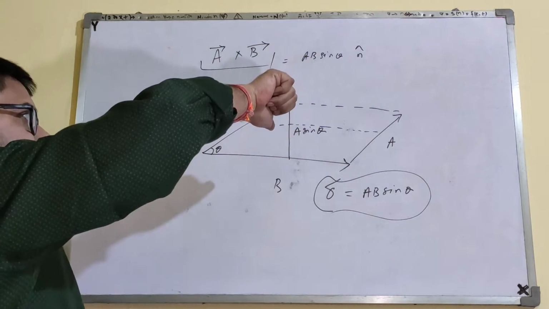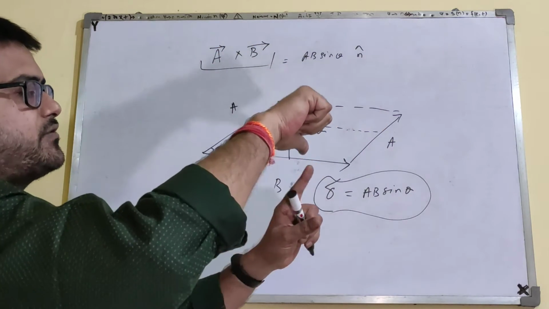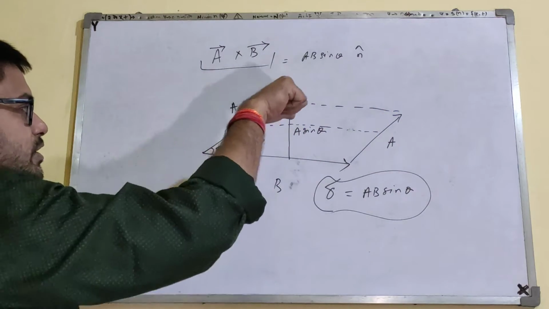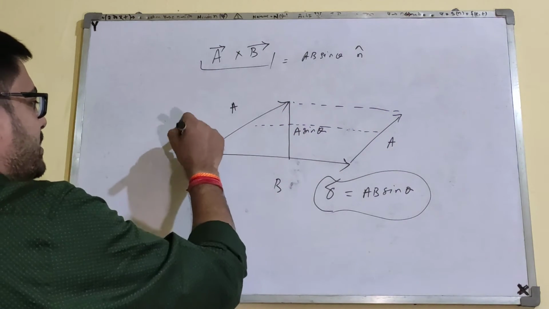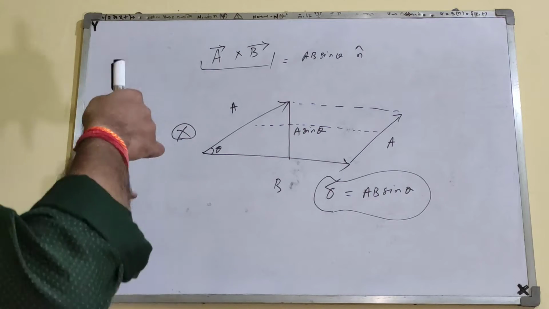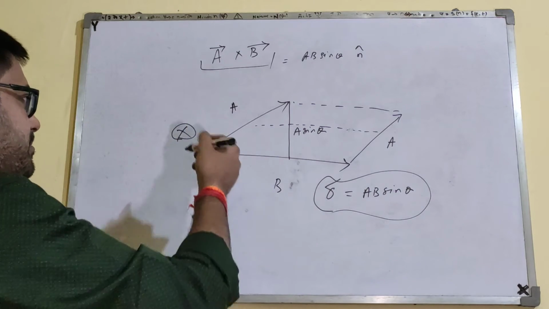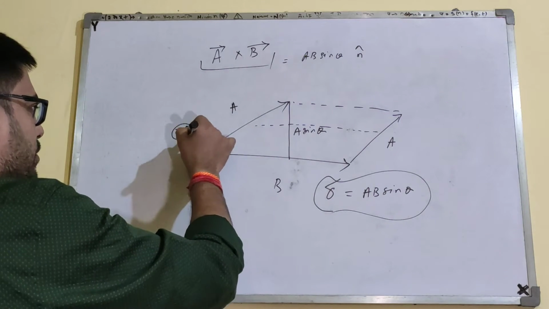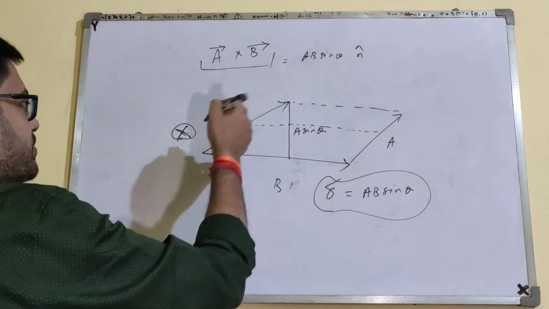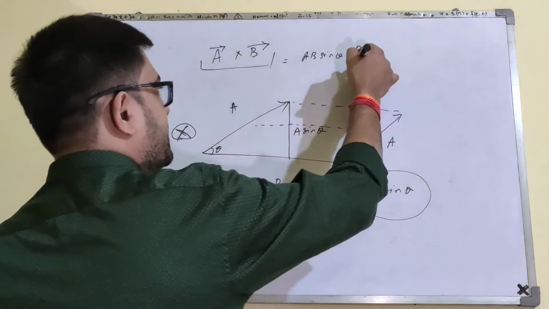And once you set all of this, then you see the direction of your thumb, it directs into the plane, okay, the cross. That means if there is an arrow going into the plane, you see the tail of the arrow and that looks like a cross. So that is the cross product, and in that direction the unit vector is given as n cap.